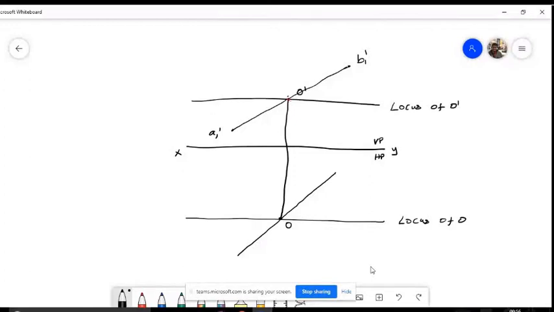Okay, sir. So whether others are able to understand his question, he said, instead of drawing this line in this orientation, why can't we draw like this? That is his question. Even if you do that, that will not change the final answer. I have drawn the true length in the top view as well. So this will be my A1 and